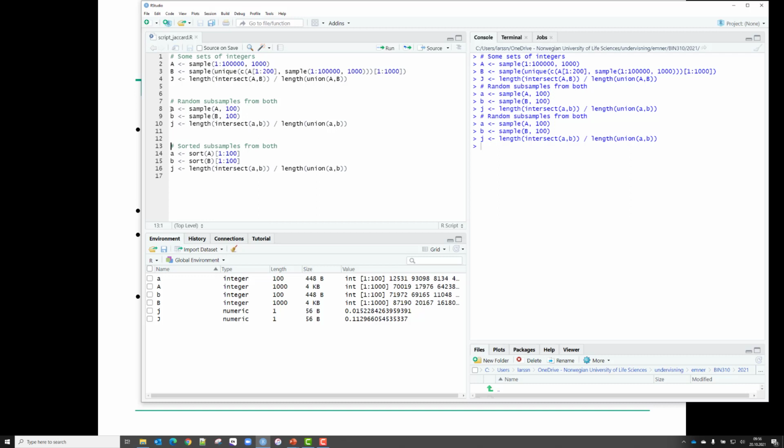Because when you sample at random just a few numbers from each set, it's very unlikely that you sample something which is in the intersection. And here it was dramatically small. So you can repeat this over and over again and see it will never be close to the true value of 0.11. However, if you sort the subsamples and then sample 100,